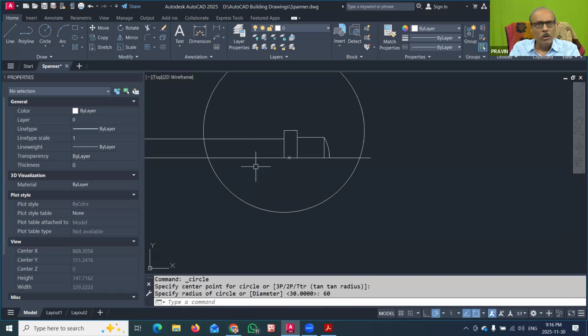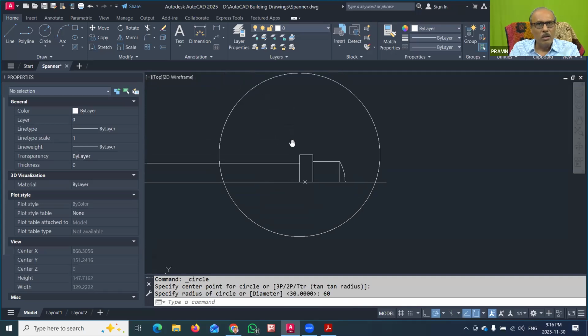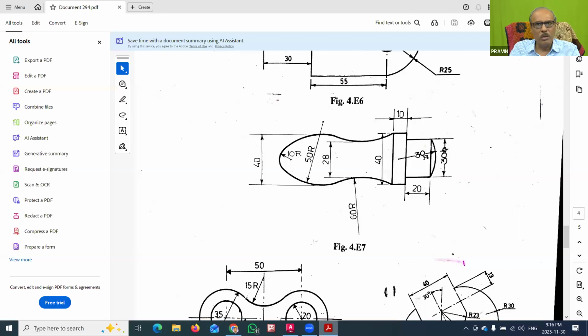So that is one circle. And on this circle, there will be one edge from where we can draw this arc. For that purpose, we have to understand that this is the radius 60, so it should also go with this edge. That also we have to identify.